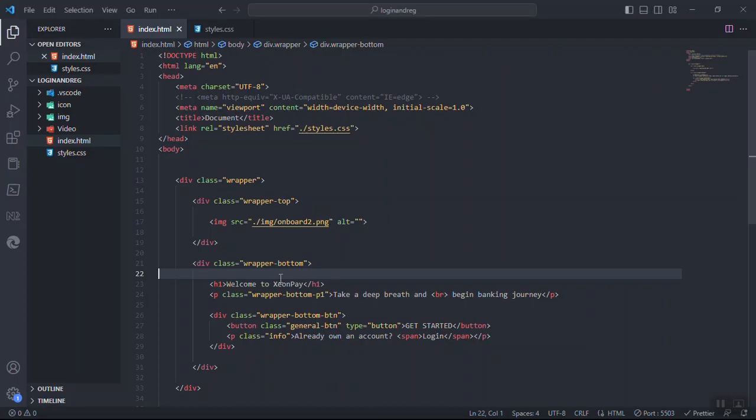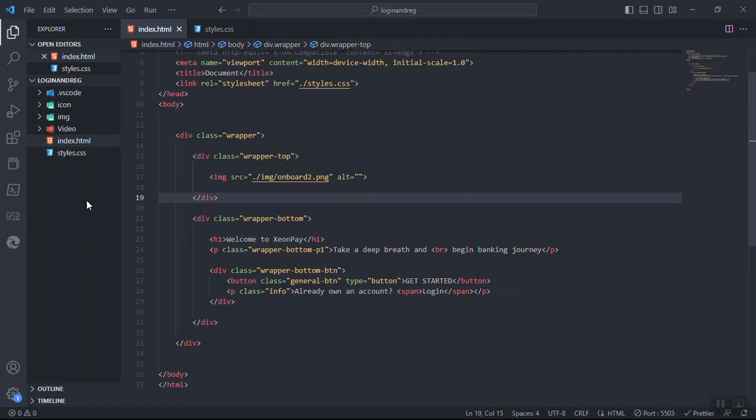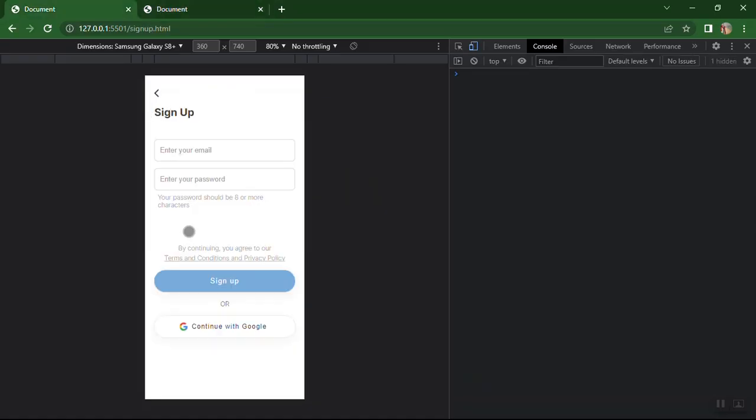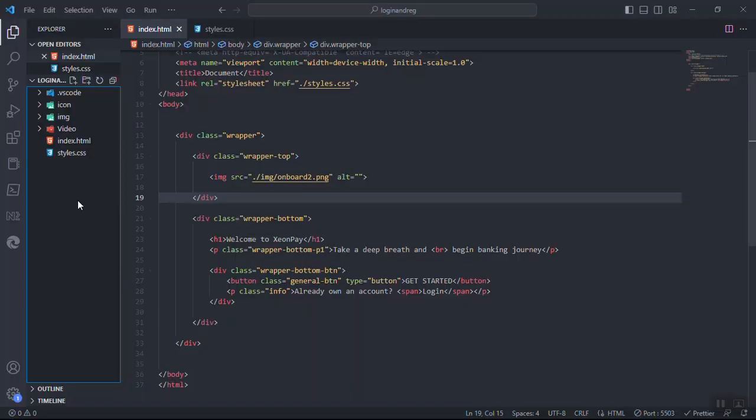This is where we stopped last week. Now, first of all, let us create this sign up page. That is the file, or what should I call it, the document. I'll create a new file, call it index.html. No, that cannot be index.html. You can't have 2 index files, so I'll say sign